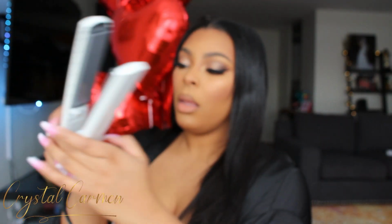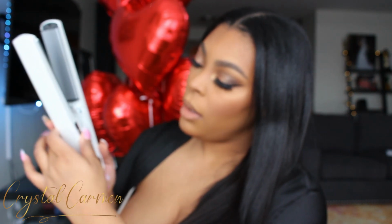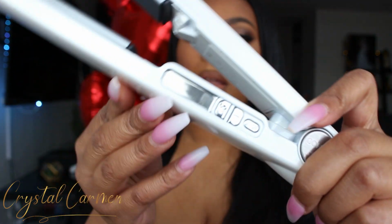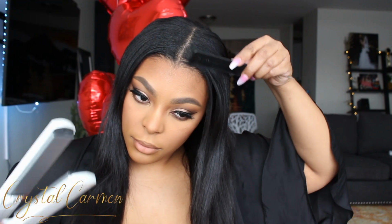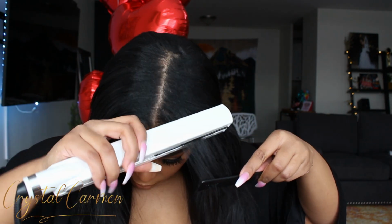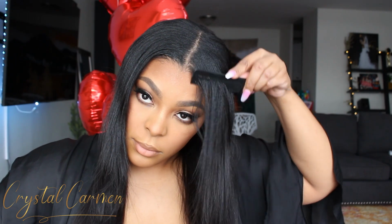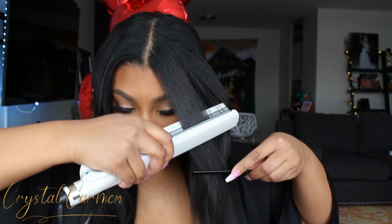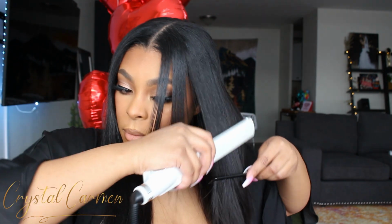This is a ConairPRO ceramic flat iron. I will have this listed down below. I love this one because it goes all the way up to 410. People with 4C hair like me, we need a higher temperature of heat to get our hair straight. This straightener is so good and it heats up so quickly. I'm obsessed with it. And I'm just using a thin rat tail comb, and I'm combing my hair, and then